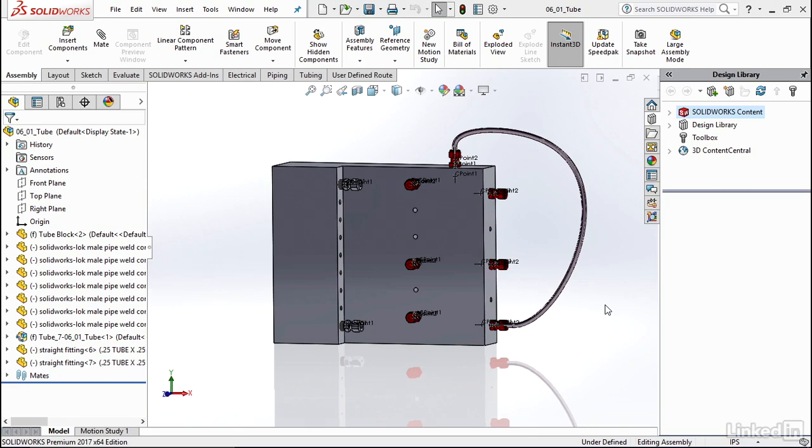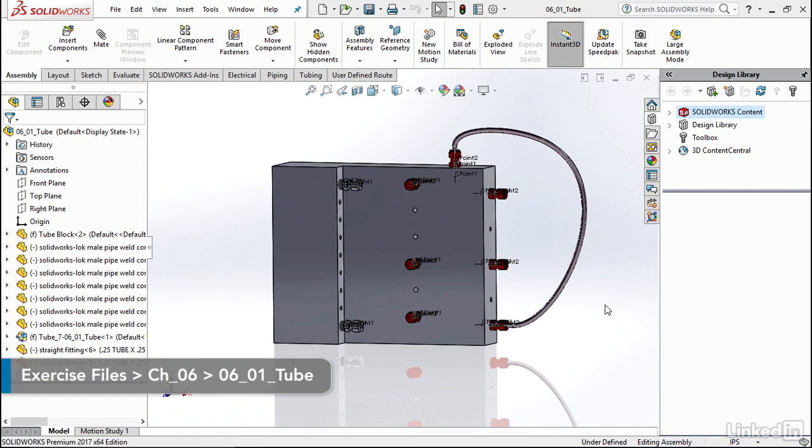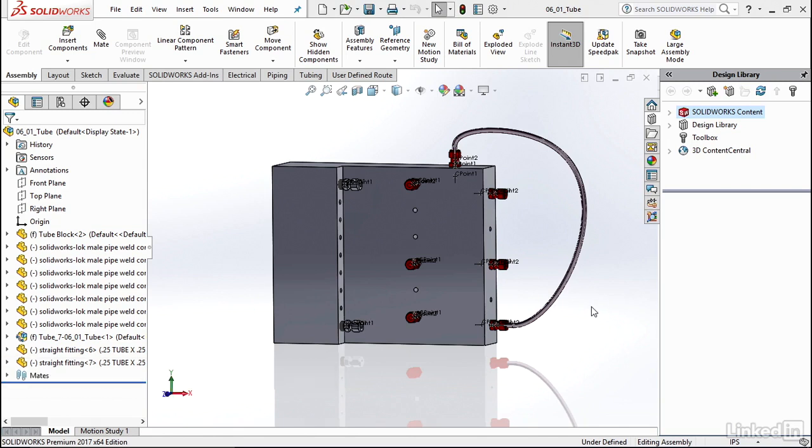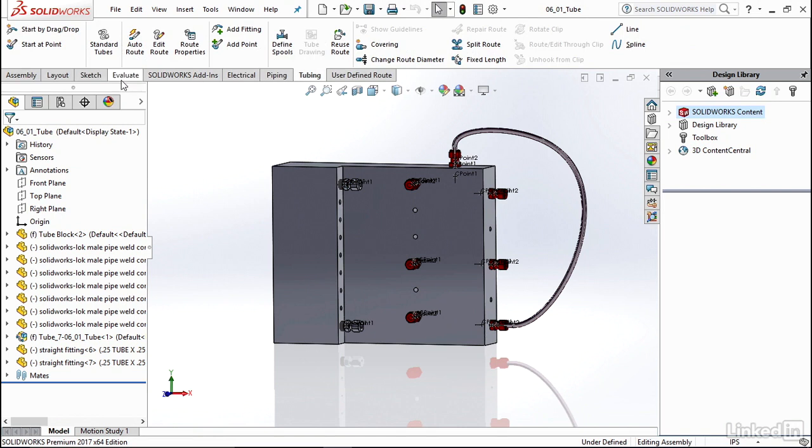In addition to the creation of routes of pipe, SolidWorks can also create electrical and tubing routes. Let's look at tubing next and see what some of the similarities and differences are to the piping routing. Tubing functions can be found up in the top Tubing tab. If you click that, you'll see that there are many similarities to some of the options that we used to